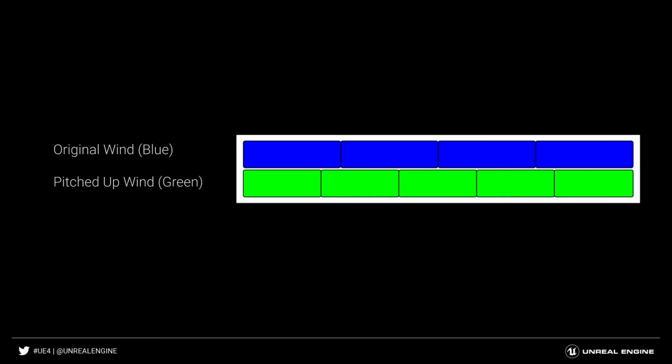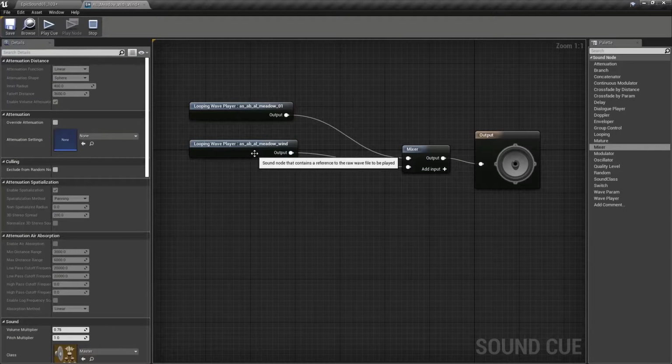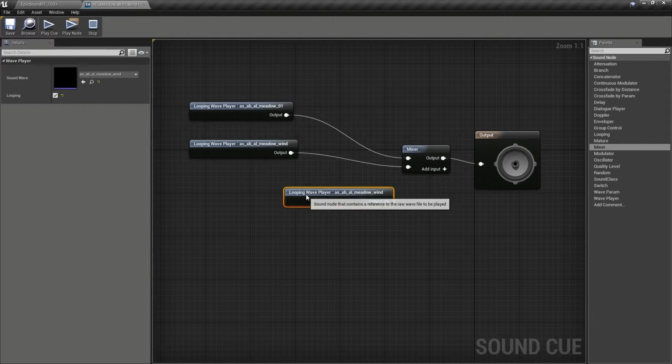So you see, as the original sound begins to start again, it's actually playing against a different proportion of, say, the pitch shifted sound. And the next time it loops, it's going to be playing against a different part of that sound again. So each time, although the sounds themselves aren't changing, the product of these sounds is new. So if we go back to our sound cue, we can make a copy of this,